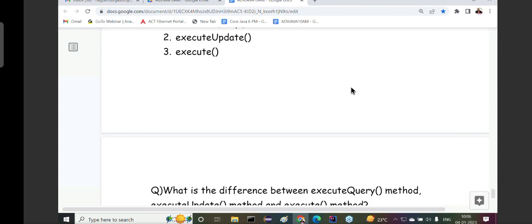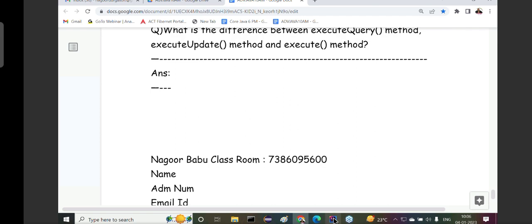In JDBC architecture, what we completed so far, if you observe the points there,